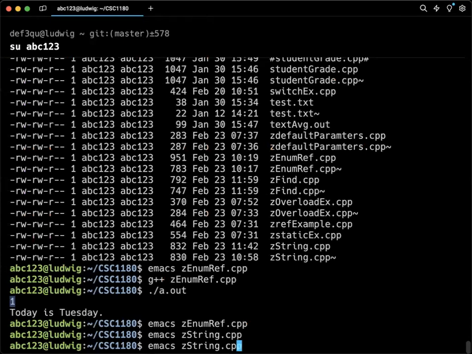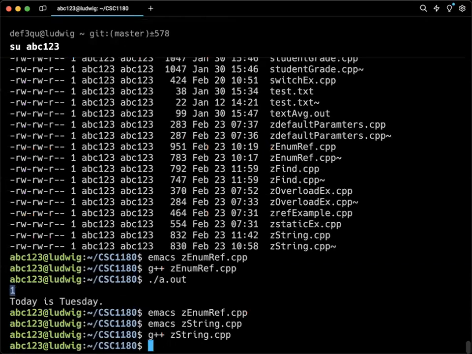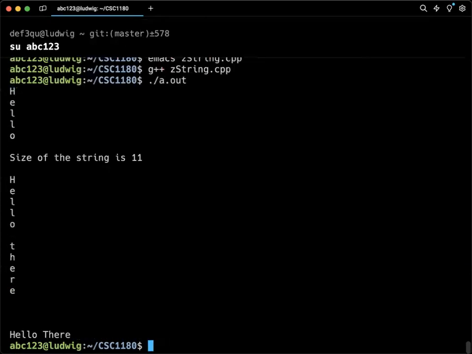Okay. I never compiled this one and ran it, so I'm going to do that. And there's where we're going up through the first five values. We're returning the size, which is the same as the length, 11. And that's where we're using that size in our loop to go through and do all of the values. And then these blank spaces in here, there's more this time than there were before, are where I'm trying to access an index out of bounds on my string. Okay. And then finally, the hello there, you see that what was a small t, I've changed that to a